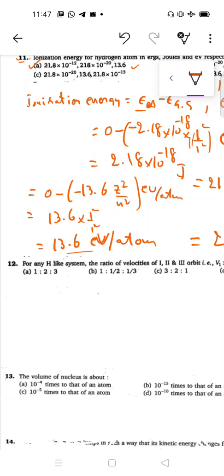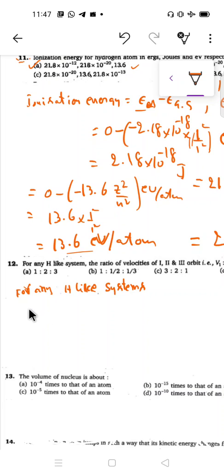Answer for the 12th question. For any hydrogen like systems,